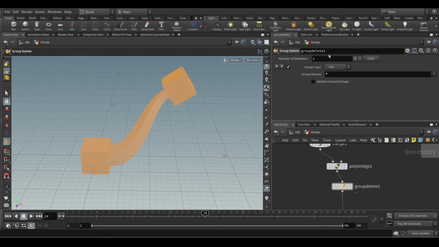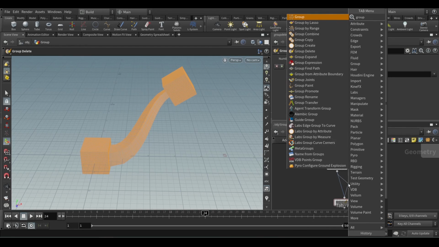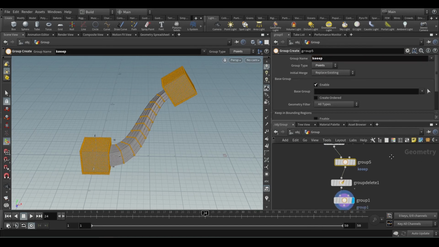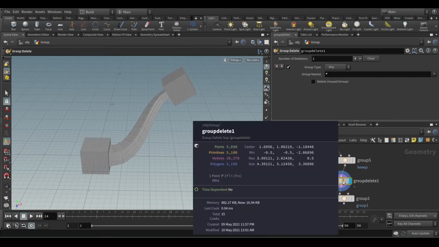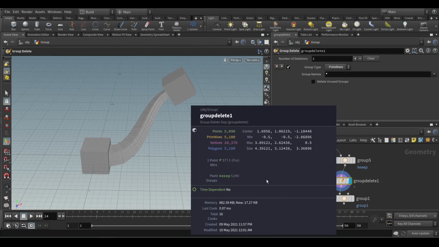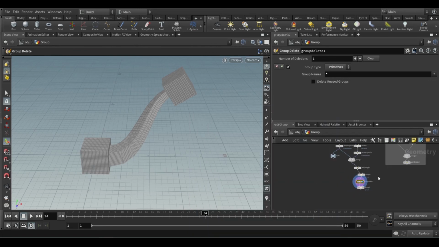You can say, for example, if you have a group node in the point and you want to keep it, and now it won't keep it, right? Then what you can do is just say only the primitive group, group name anything, delete it. So you have the keep group there and the rest everything deleted. So that is